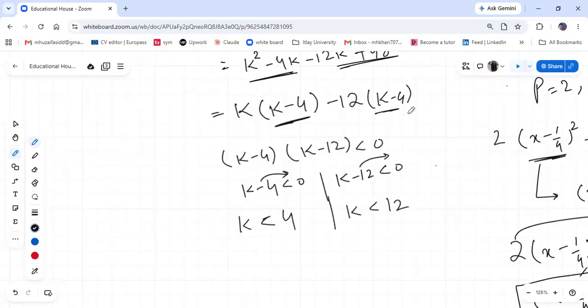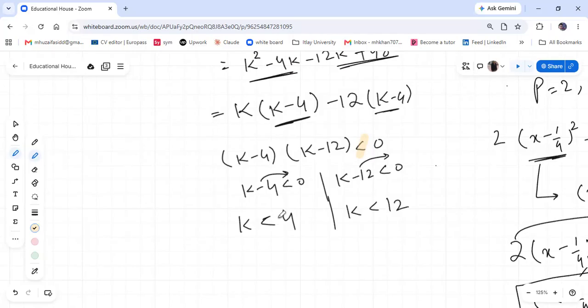Here you can ask these two questions. First one is why I am putting the less sign, and second, why can't I change the less sign? The less sign remains the same. Why can't I change it, and if I change it, why can't I put the greater than sign? First of all, here our situation is